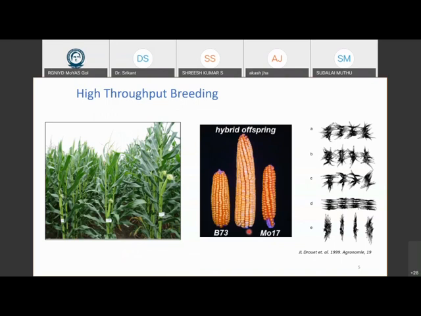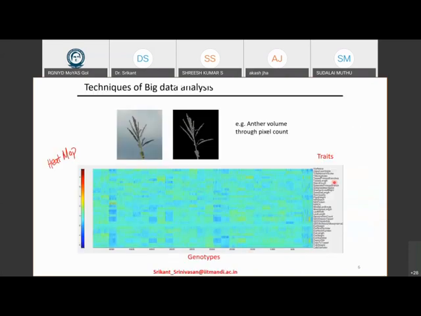And supposing after 3 months, I don't have enough yield, it's too late for me to do anything. There is no food. So I have to be able to predict the yield. I have to be able to know beforehand, is this a successful strategy for me or not? Therefore, when you have these many traits that I have shown on the right side over here, if these traits are correlated with yield, then even when the plant is growing at a young stage, based on the leaf width, the leaf length, or based on some other trait which may be correlated with the yield, I can predict what is going to happen to this plant 2 months down the line.